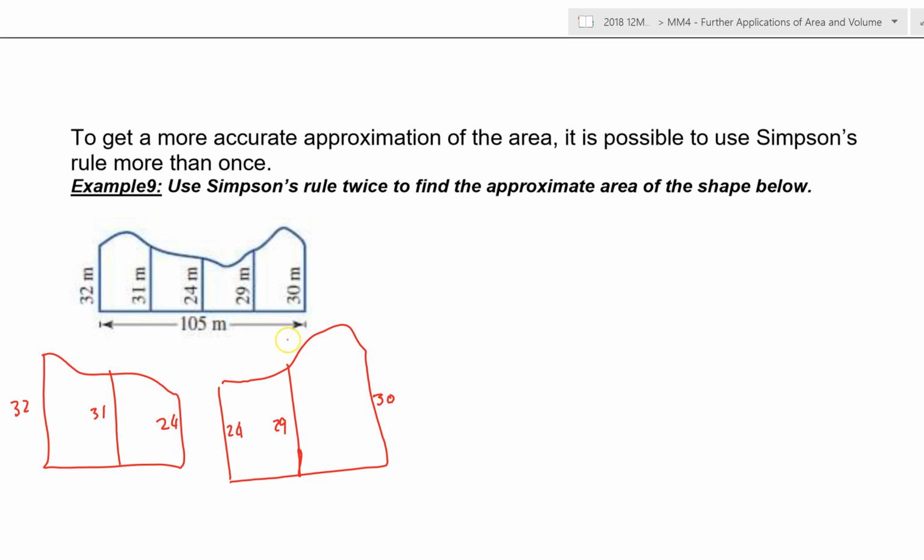Right, now those together. Now my 105, there are 1, 2, 3, 4 strips that are equal to 105 meters. So 105 divided by 4 is, what is that thing here? You know what? It's 26 and a quarter. So H equals 26 and a quarter. So this means that I'm going to call this area 1 and area 2. Area 1 is approximately equal to